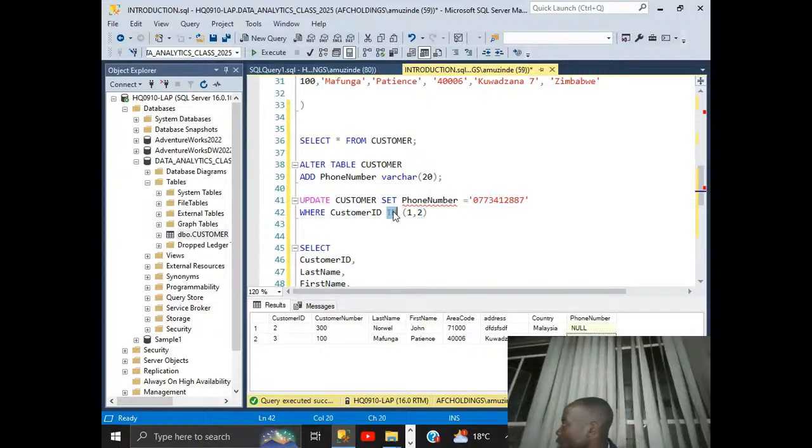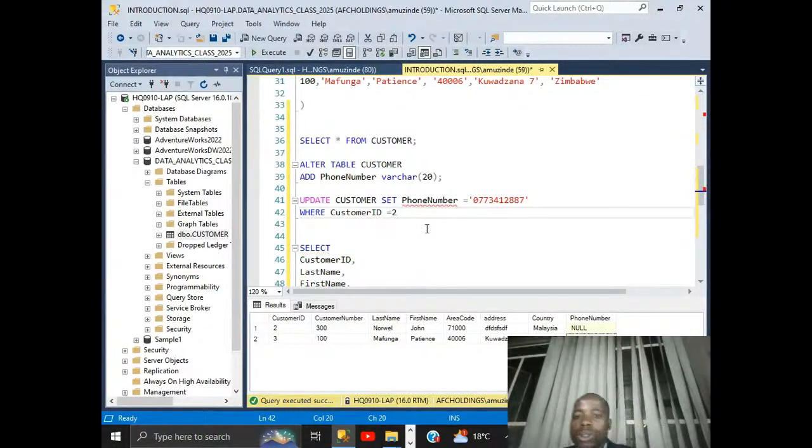So for the operators, we have those ones which we did in math: greater than, equal to, less than, greater than or equal to, less than or equal to. But here we have other ones, the in command, the having. So we demonstrated the in. But here let's use the equal sign. So equal to